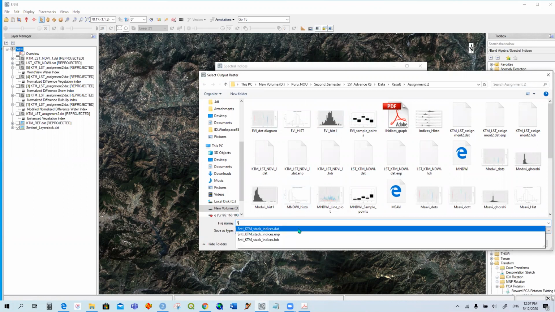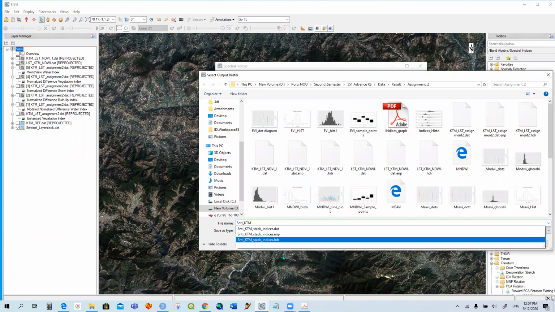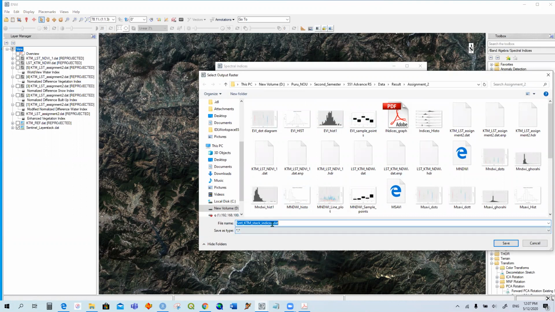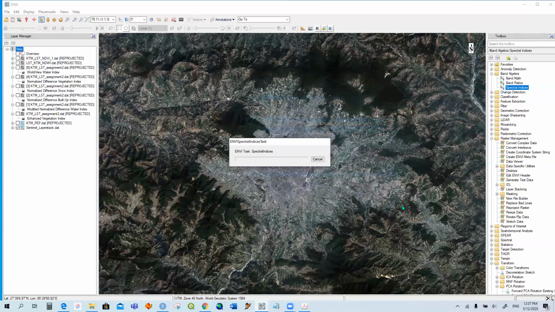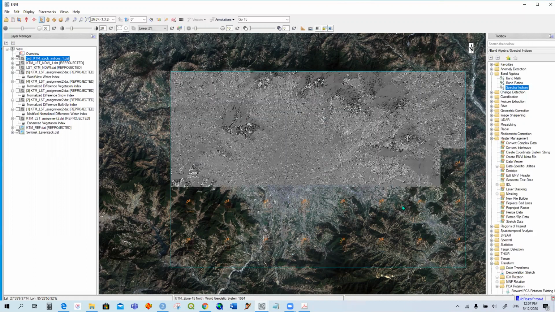This is Sentinel. Oh, there is already one. No? Okay, I'll give it a slightly different name. There is one. Okay, this is an easy method. We should not have a lot of problems in